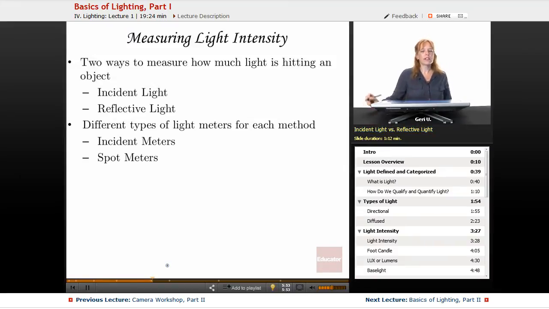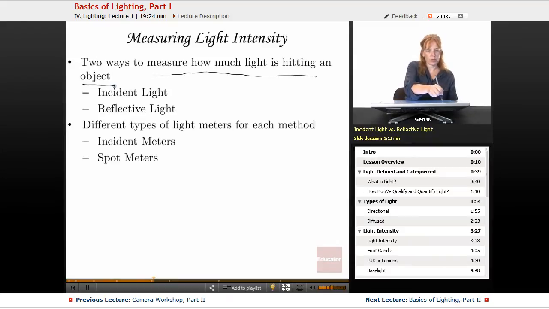Okay, so measuring light intensity. There are two ways to measure how much light is hitting an object. We have incident light, which is light that is falling on the object. And as you know, when we see something, it is because light has fallen on the object and is reflecting back into our eyes. That's how we're able to see, and that's true for the camera as well. So the incident light is the amount of light that falls on the object. And then the reflective light is how much light is bouncing off that object and coming back to the camera